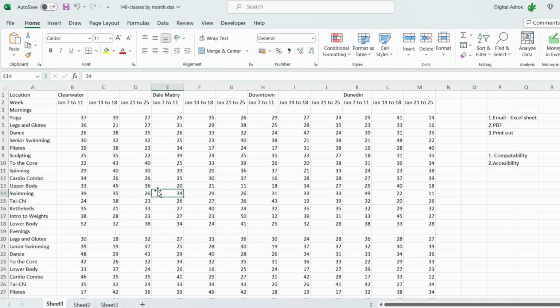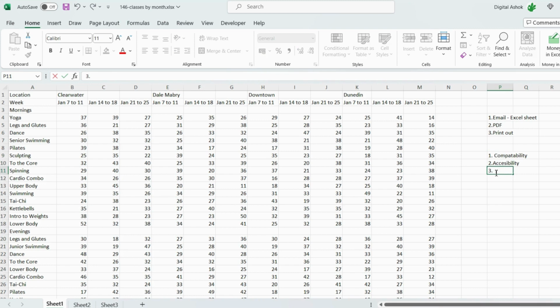We don't know, right? The receiver who receives that Excel sheet from you doesn't know which sheet belongs to which data. So before sending an Excel sheet to others, you need to check accessibility issues. I'll tell you how to check all these things: compatibility, accessibility, and